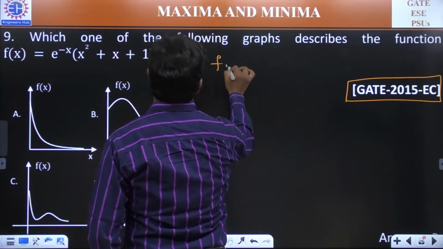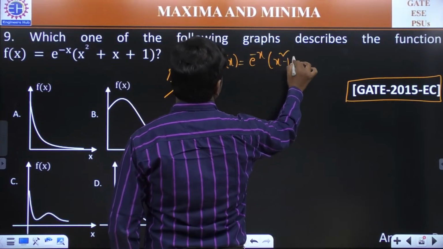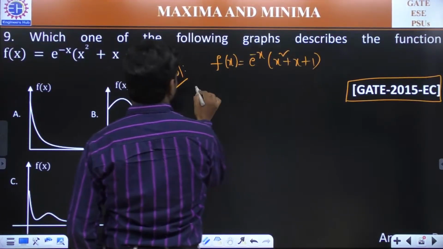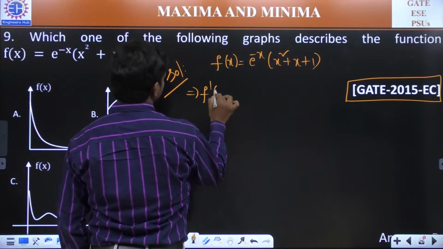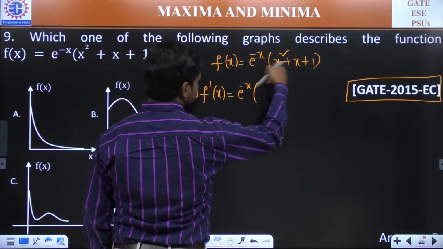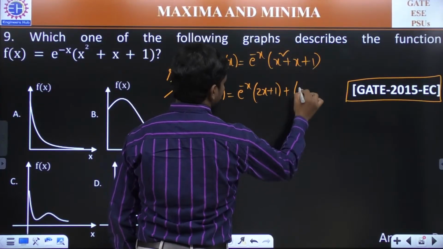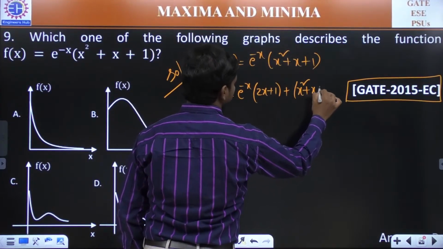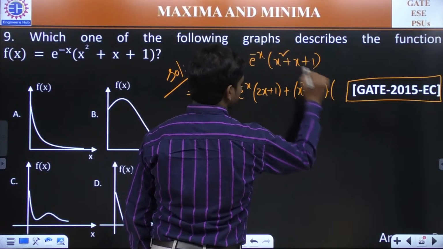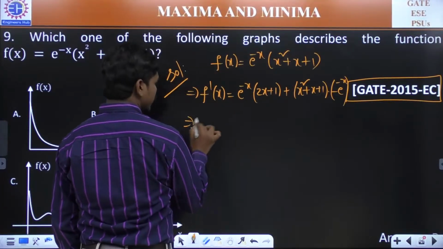So f of x is equal to e power minus x into x square plus x plus 1. Let us calculate the first derivative of this. This implies f dash of x is equal to e power minus x into the differentiation of this function, which is 2x plus 1, plus the second function x square plus x plus 1 into the derivative of the first function, which is minus e power minus x. This is what you can write. So if you simplify the things a bit,